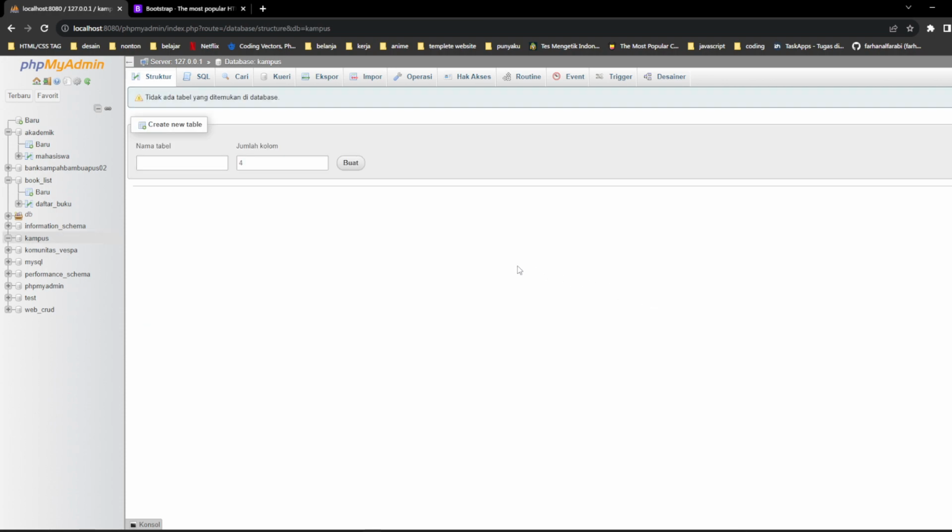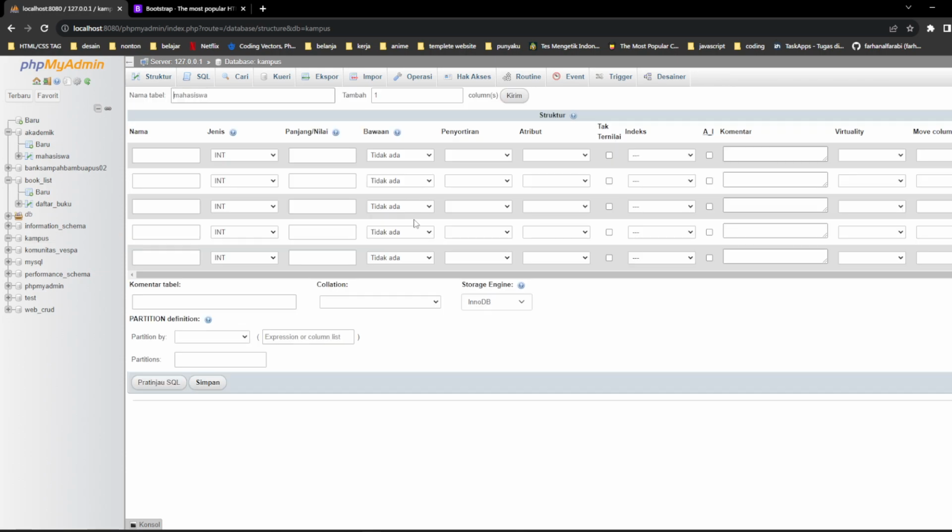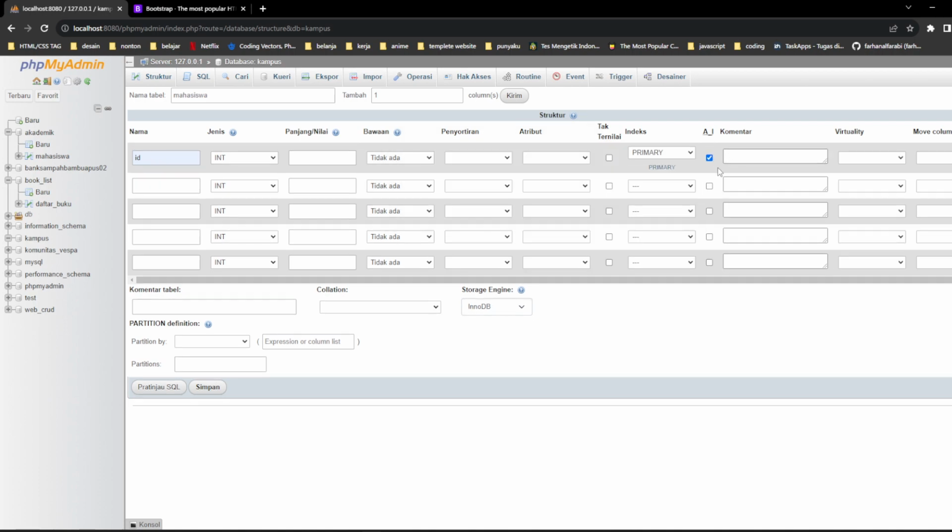Sorry guys, I forgot one more, the NIM, nomor induk mahasiswa. I forgot, so you can write 5. The table name is mahasiswa. Okay, and create. The first is ID. We need ID, integer, and then auto increment, you can click it because we will make it automatic. This is primary.